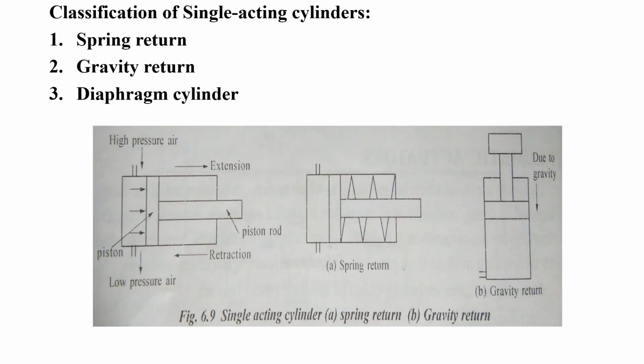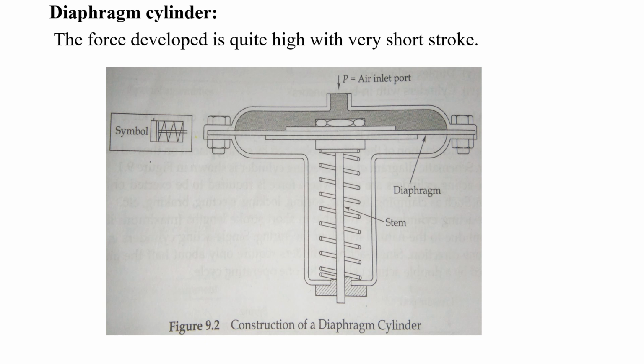Next, in the single acting cylinder we have classifications like spring return, gravity return and diaphragm return. See, this one is the gravity return. There is no spring on any side, right? So somebody has to push it for the return stroke also. Here you have the spring return. When you have a gravity return, it is used to lift the load. Due to the load itself, it will retract, right? These are the three types.